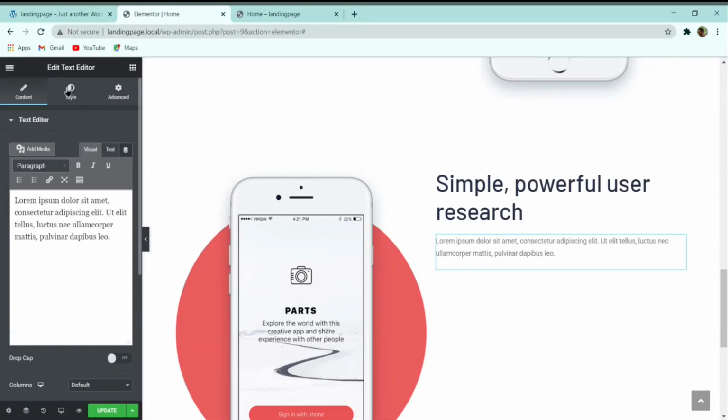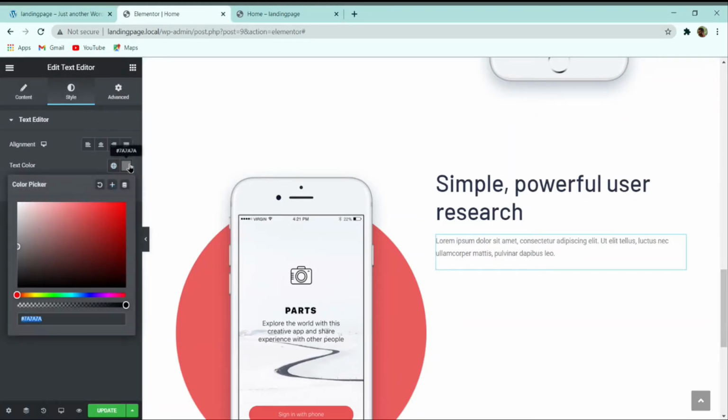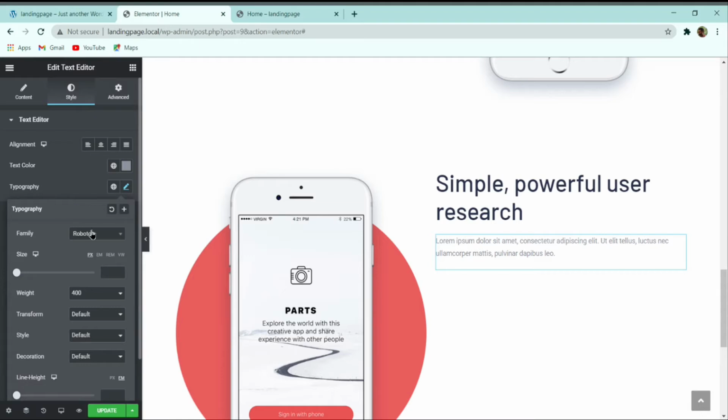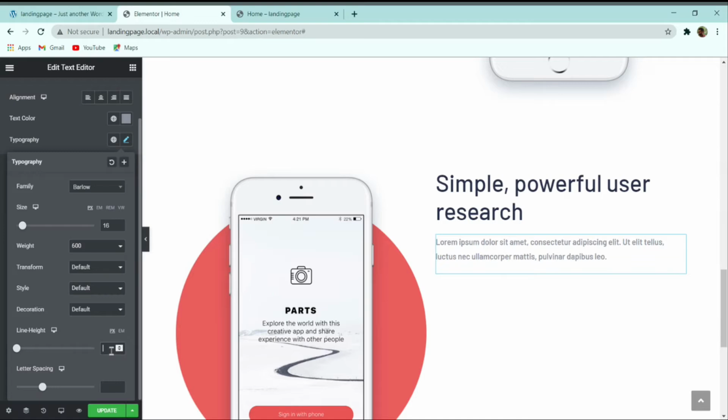Now I will go to the style, and here the text color which we have used in the demo website is 8E939F. After that I will select on this typography, and here again I will search for this font family Barlow, and here I will give the size to 16 pixel. Weight again I can select 600, and line height I will give it 30 pixel.